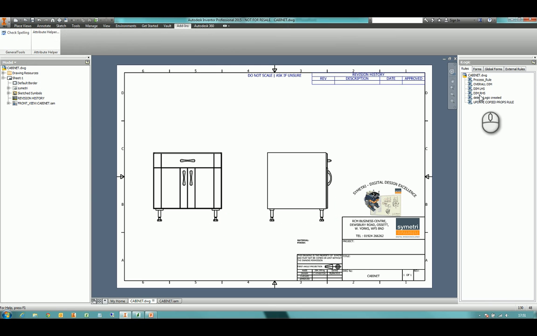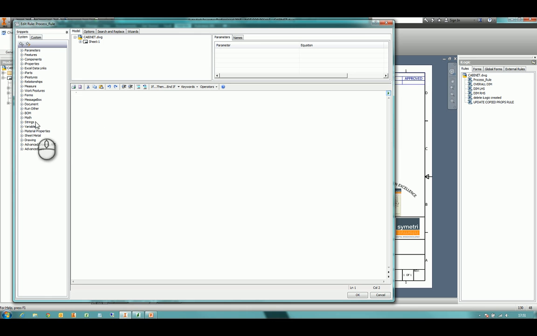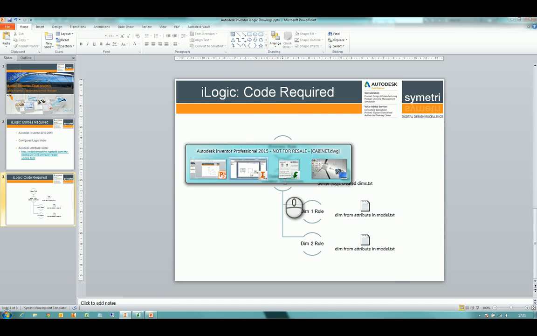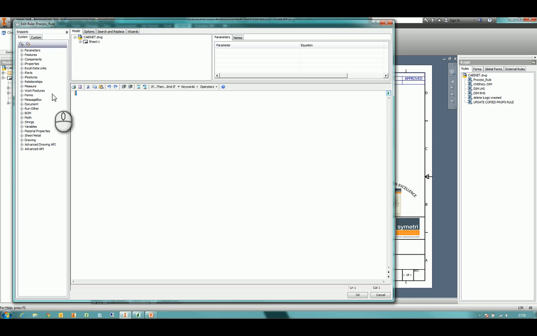Next thing we need to do is look at actually working out what dimensions I need to place. So inside my process rule, I'm going to first of all follow the pattern that I've put in this PowerPoint. I'm going to use my delete iLogic created rule. So in here I'm going to say run other, run rule in this document, and I'm going to put the rule name. Bear in mind that capitals makes a difference, so delete